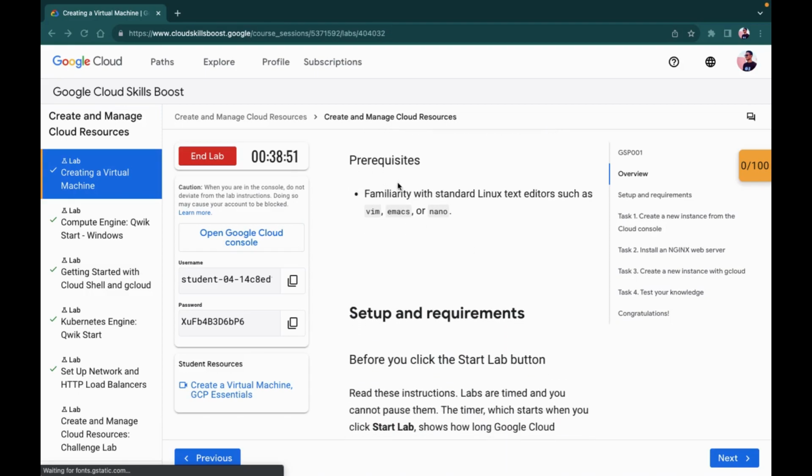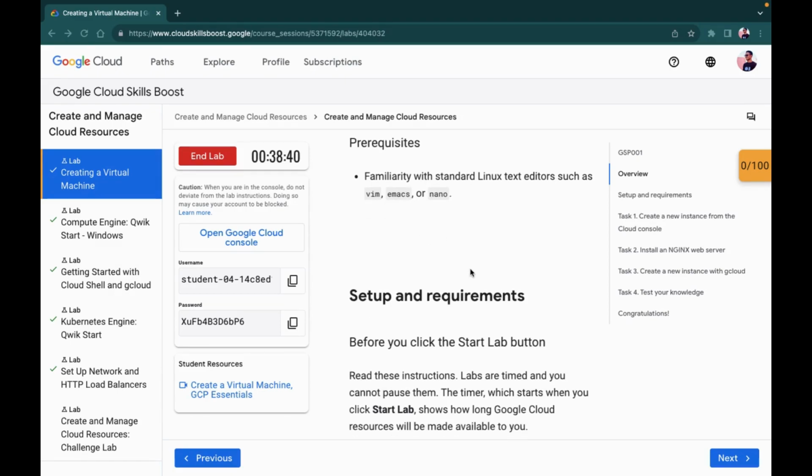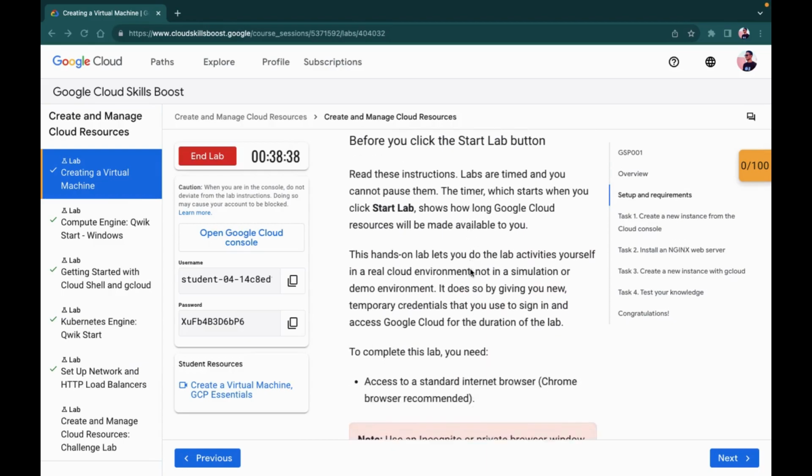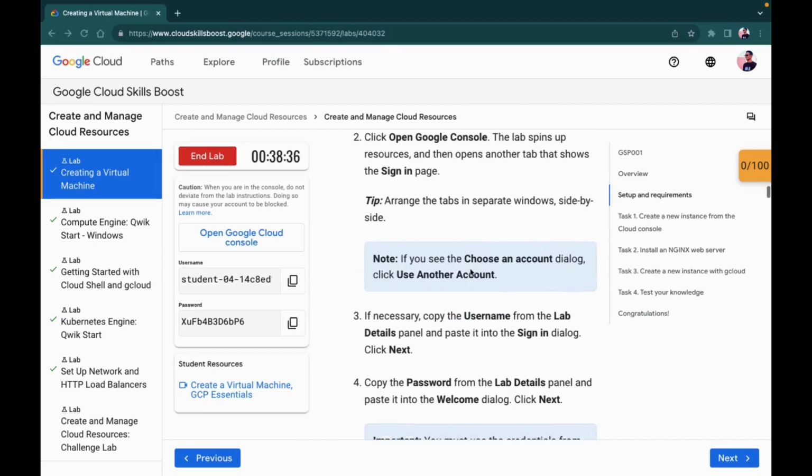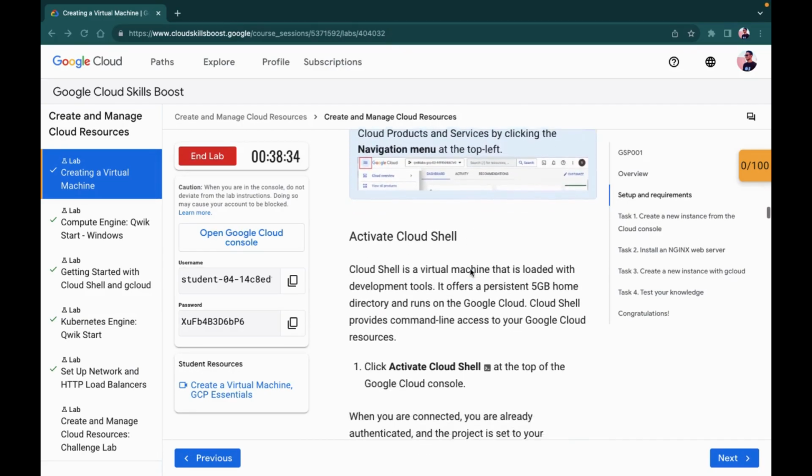If you need to know how to use it, familiarity with Linux text editors like Nano or Vim would be helpful. So let's get into it. We're going to do some setup for our environment